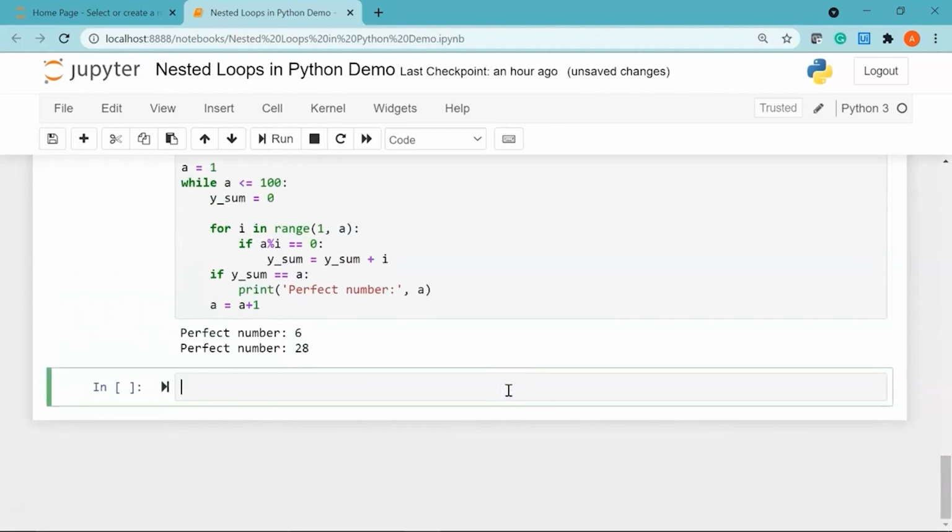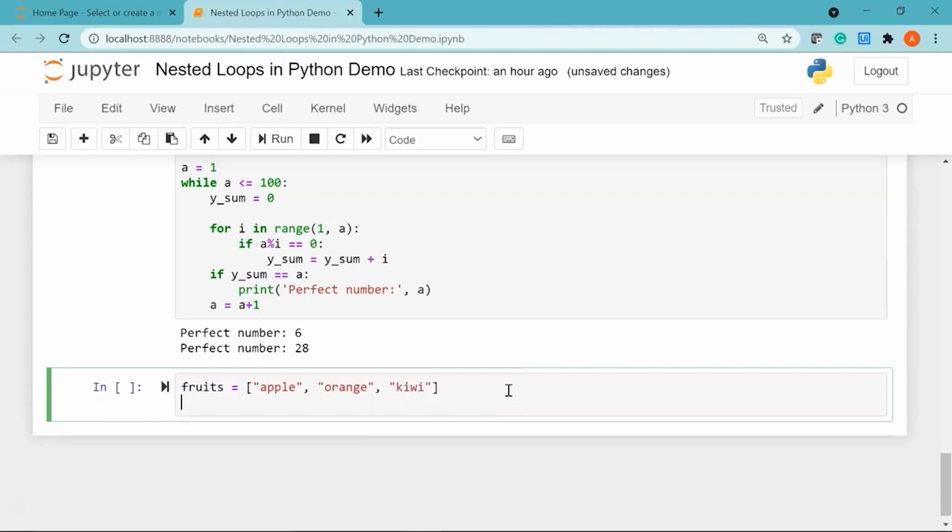Now coming to the final example in our demo on nested loops in Python, here we are going to print each element in the list 5 times. So I'll first declare my list, let's say fruits, which has apple, then we have orange, and let's say we have kiwi. So I'll say for an iterator fruit in fruits,